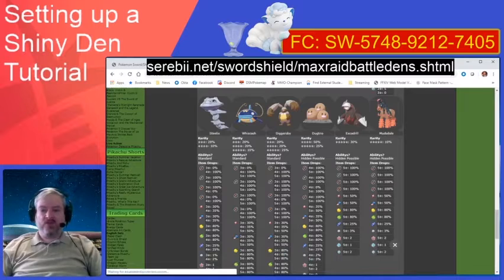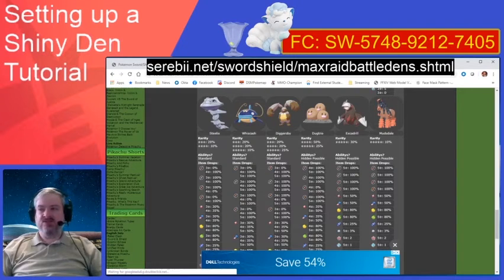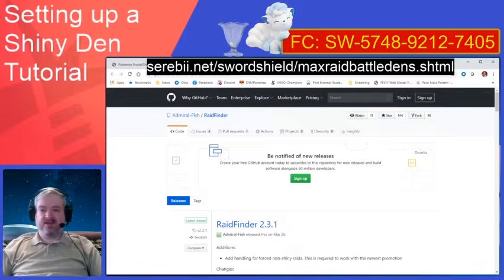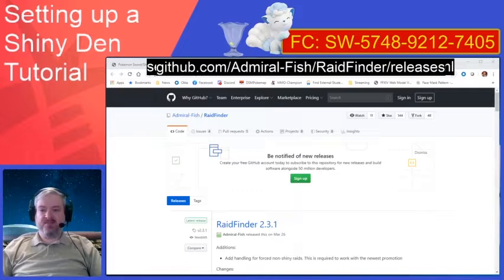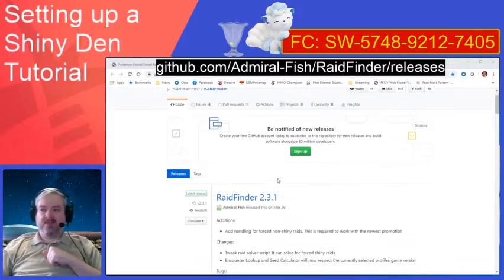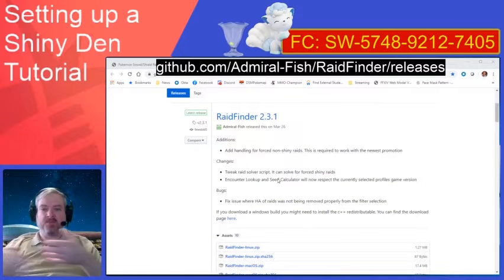There's one other thing I want to point you to before I get into the actual setup of a den, and that is this third tab that I have set up here. This is a utility that I recommend you go download. It is from github.com/admiral-fish raidfinder-releases. Raidfinder is a program that I'm going to be calling on later